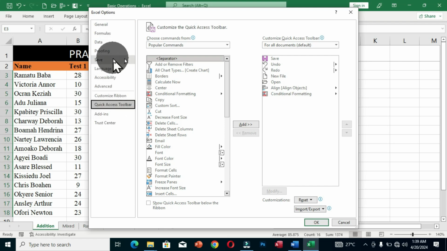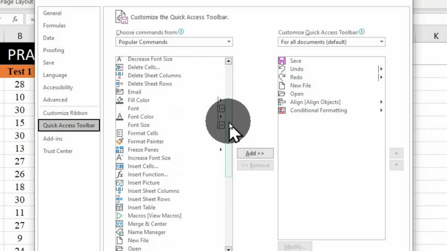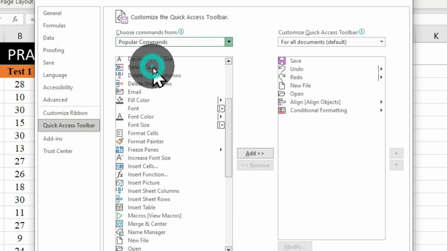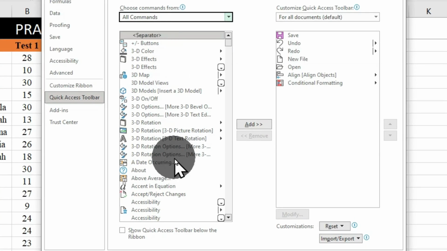When I move to the right side, we have customize quick access toolbar, and these are the commands on the toolbar. So if you want to add more commands, you can come to this pane and select a command in this list. You can also click on this drop down arrow and choose all commands,